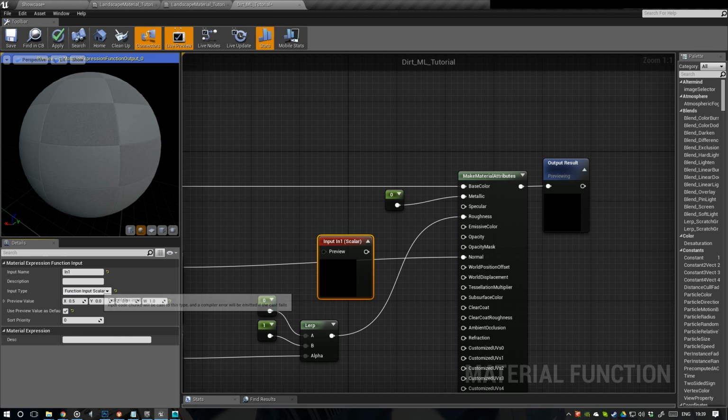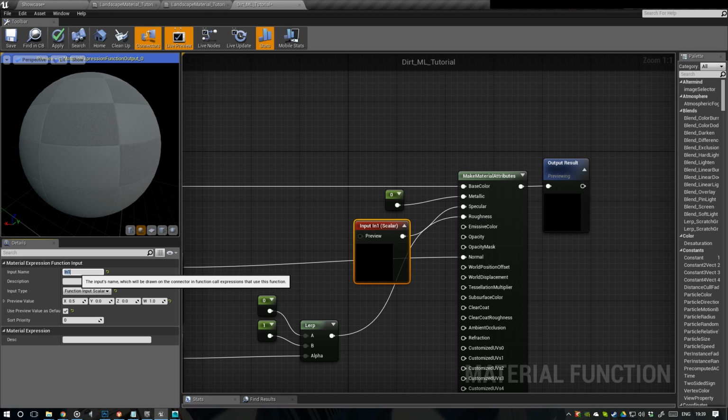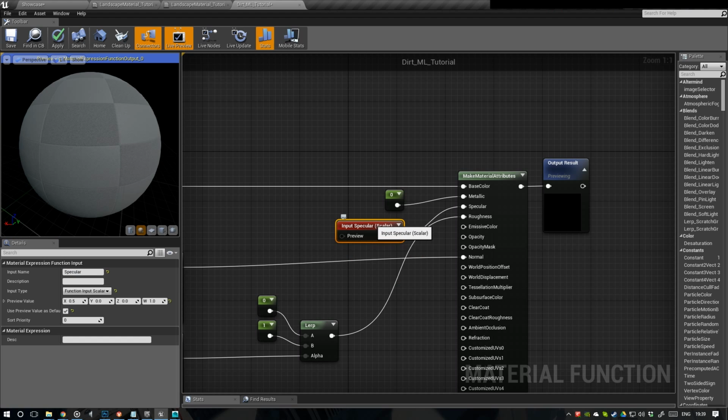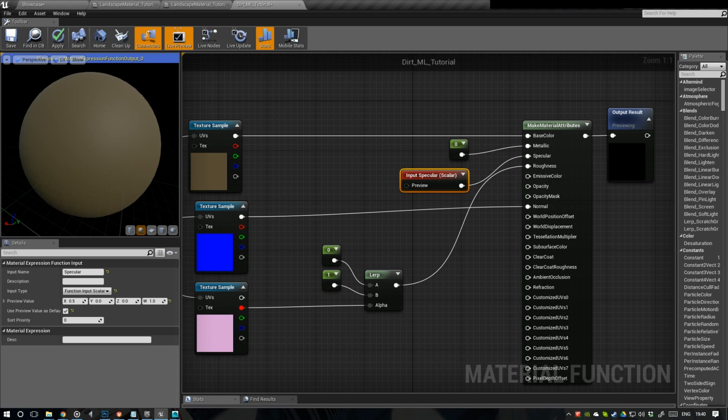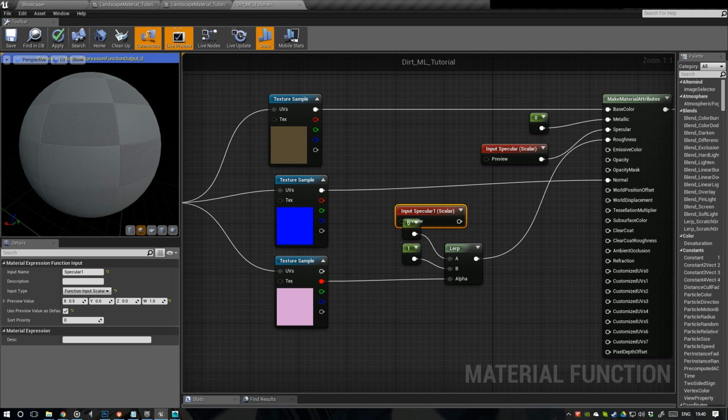This is a scalar value. And our specular. Also, let's name it that way. So now we have our specular set up and can change this later on. Specular of 0.5 should be fine for almost any material, but just to make sure, I like to add it this way. Now we need to add more inputs for our roughness,